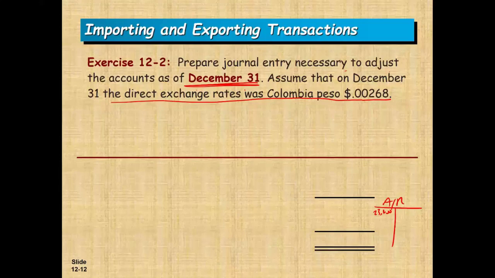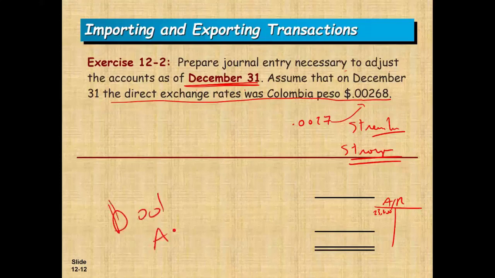So could you tell me what happened now to the Colombian peso? We used to need 0.0027. Now, all we need is 0.0026. What happened to the US dollar? The US dollar strengthened. The US dollar is stronger. Is this good for us or bad for us? This is bad. Why is it bad? Well, because we have a receivable. It means now if we get the money, we buy less US dollars because the dollar strengthened. Therefore,